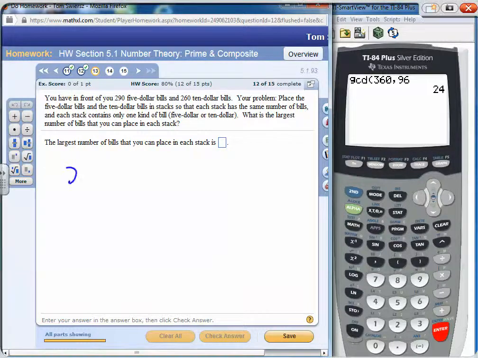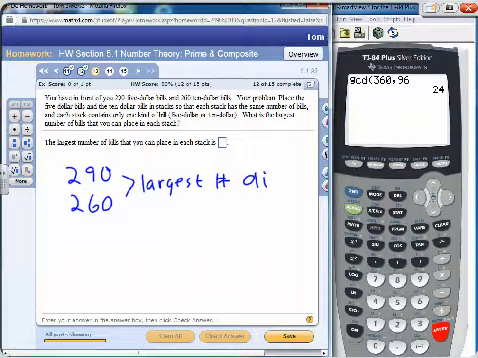Again, you're trying to divide evenly 290 and 260 so you don't have any left over, and you've got to keep the same number. You can't intermingle. So again, it is the largest number that divides both, which is the GCD. This answer is very similar to number 12, just different words, but the same concept. So it's the GCD of these two numbers,